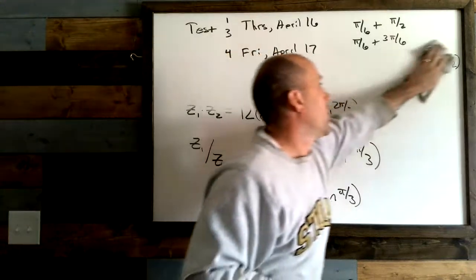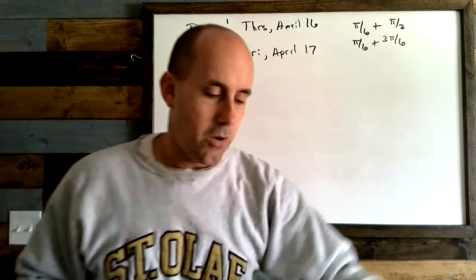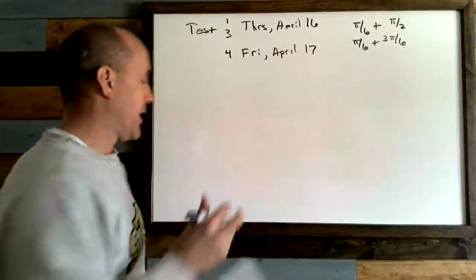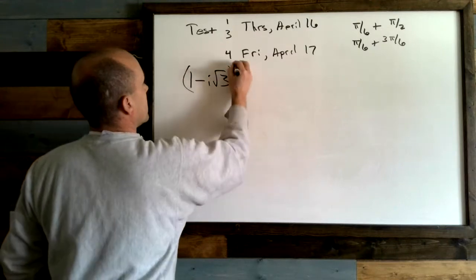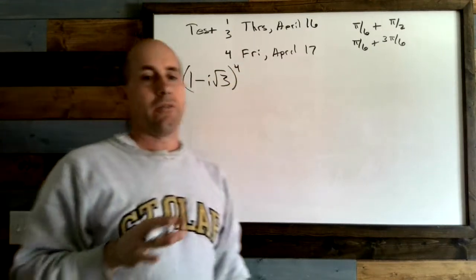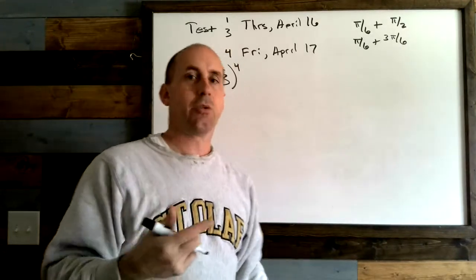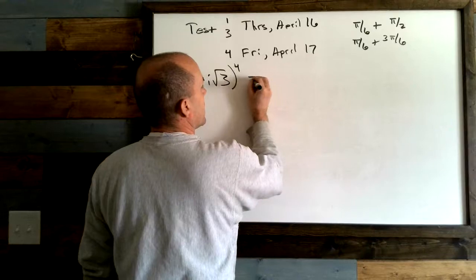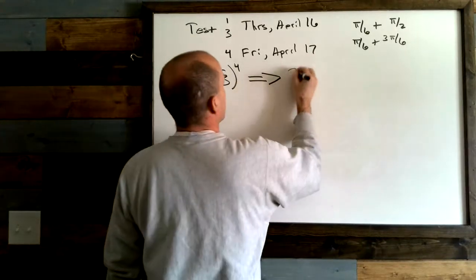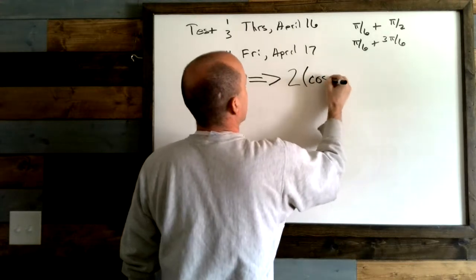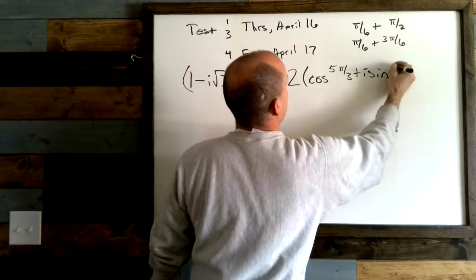Okay, and then the last one, De Moivre's theorem. Taking these things and raising them to a certain power. So, for example, suppose you were going to take 1 minus I root 3, and you're going to raise that to the 4th power. Well, that looks familiar because that was one of the examples we just did of turning into trig form. So just first note that you have to put it into trig form, and in trig form, that is 2 times the cosine of 5 pi over 3 plus I sine of 5 pi over 3.